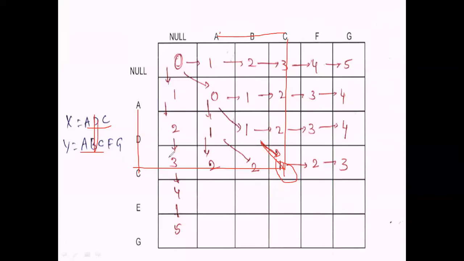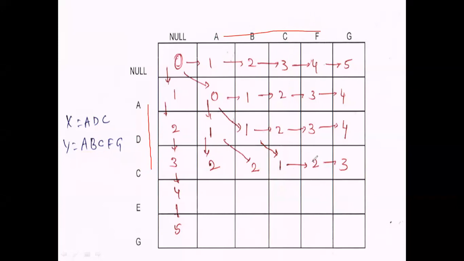So we are using only one operation, ADC converted into AB. It is ABC converted into AB. Okay, next one. Next one means, same once again, clear. Here ADC converted into ABCDF.